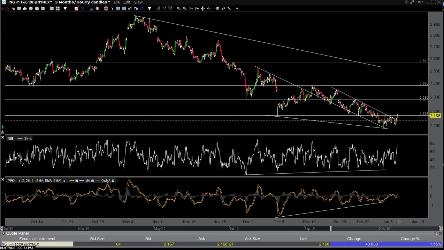Natural gas may be perking up here. It's kind of had a failure to launch lately. I've been pointing out divergences for a while. We've had some rallies, but the chart is constructive right now. I posted it earlier today in the trading room, mentioning we still have this divergence that's continued to build. So that's positive divergence. Your indicator's making higher lows versus the price making lower lows.